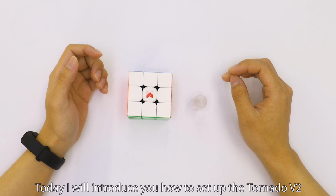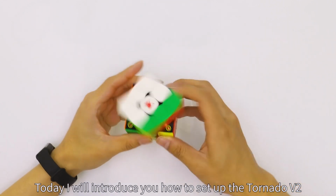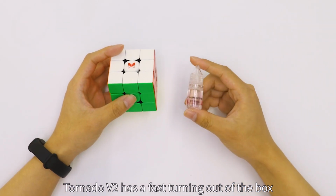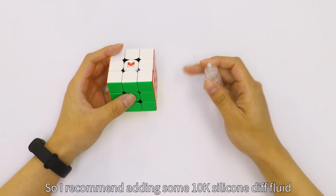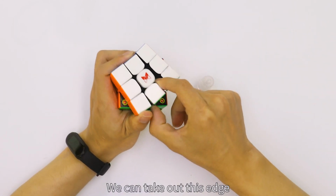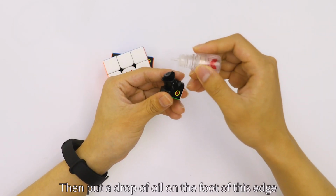Today I will introduce you how to set up the Tornado V2. First is the lubrication. Tornado V2 has a fast turning out of the box, so I recommend adding some 10K silicone diff fluid. We can take out this edge, then put a drop of oil on the foot of this